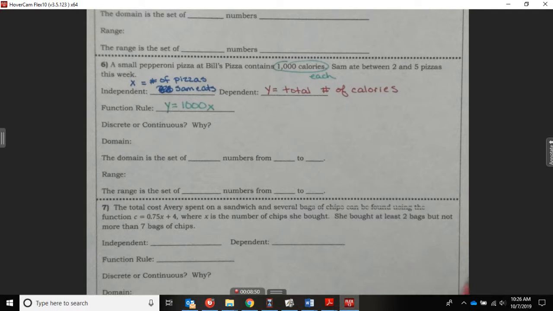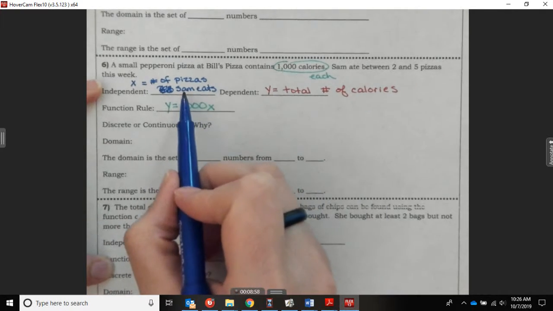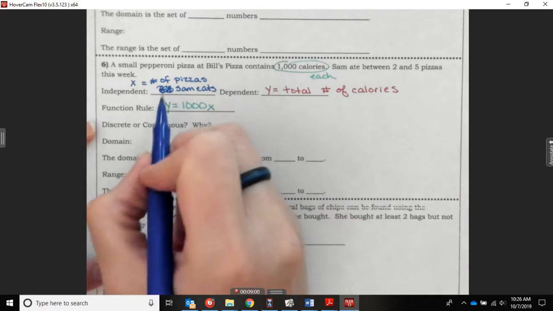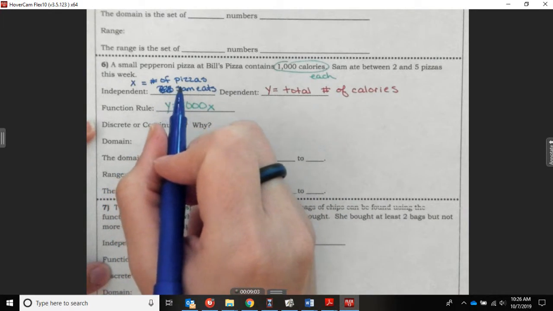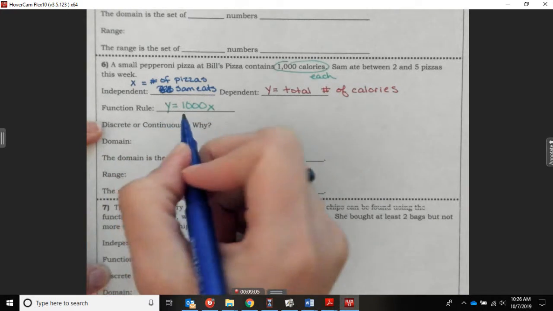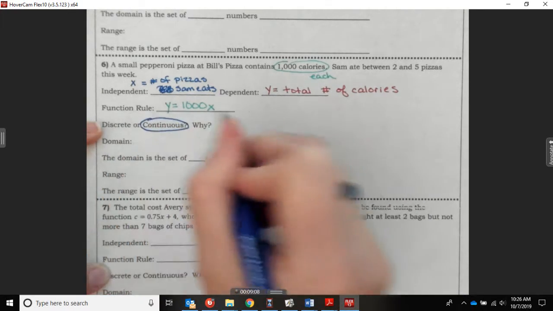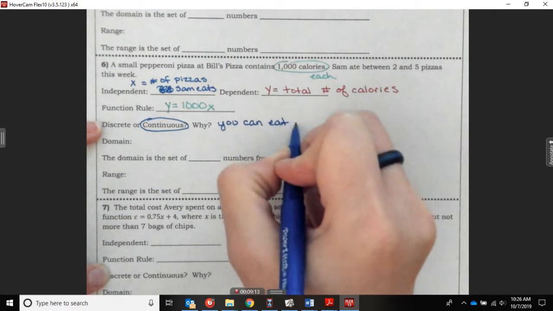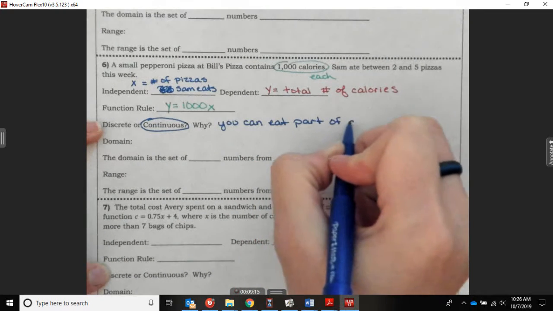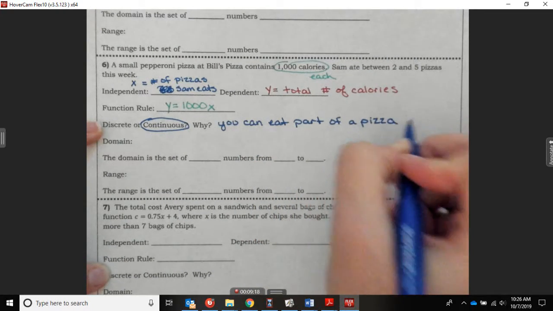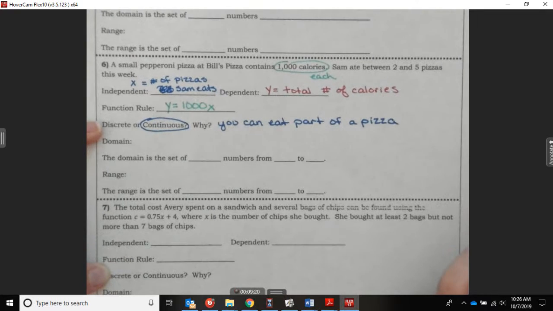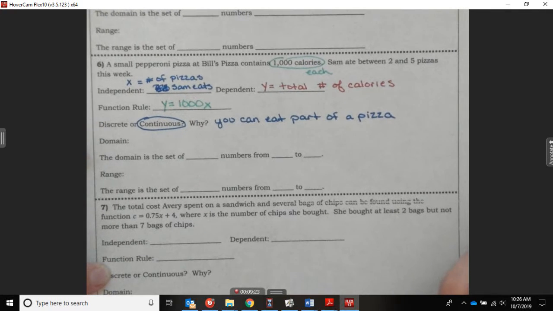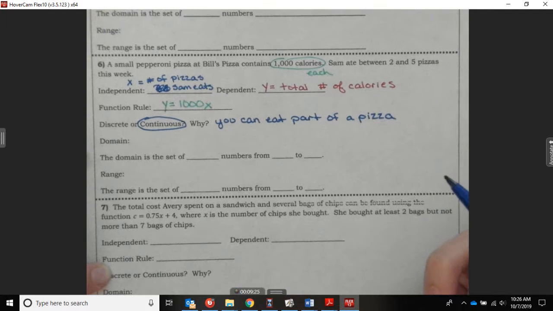And when we talk about discrete or continuous, we ask ourselves, can we have negative? Well, I'm talking about the number of pizzas Sam eats. We can't have negatives, okay? Can I have decimals? And the answer here is yes, I can have decimals, which makes this continuous. Why? Because you can eat part of a pizza. You can't buy part of a pizza. You can eat part of a pizza. And I guess maybe it depends on where you go if you're buying part of a pizza. Anyways,